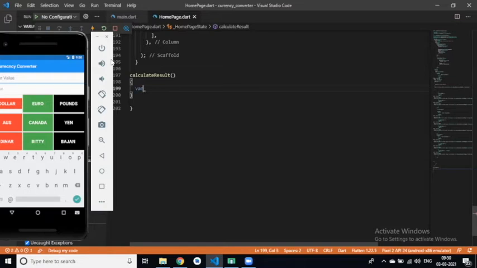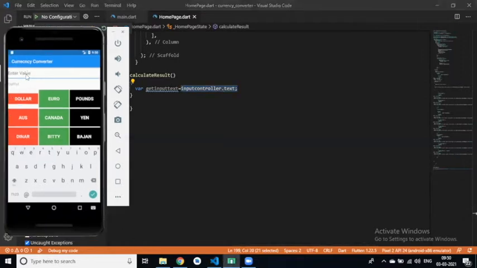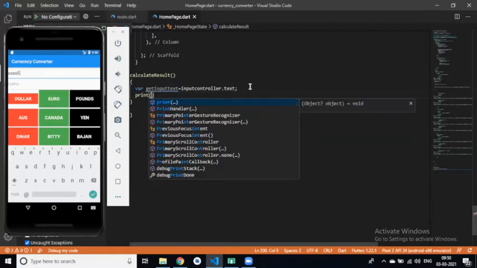Okay, so first we will create a variable, get input text is equal to input controller dot text. From this line we will get our input controller text which the user has entered in this field. Okay, if I enter SSS, then we have in get input text SSS. Okay, understand? And if I print this get input text,